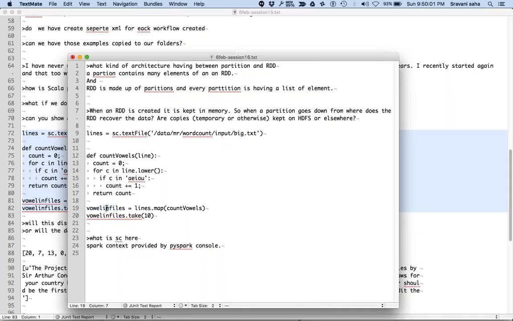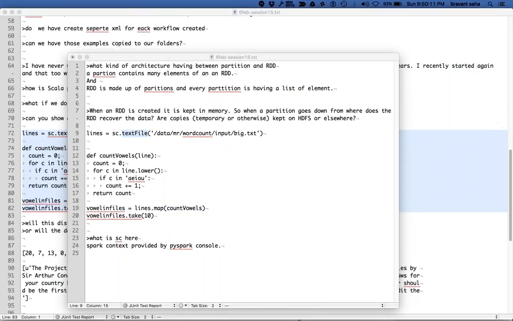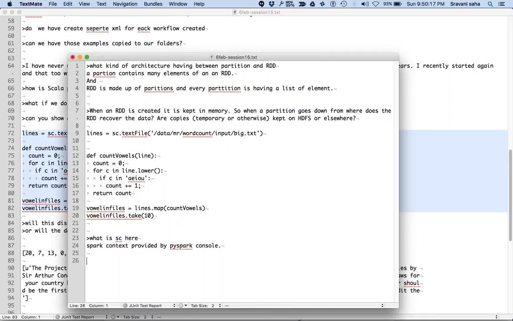So that particular section of the data will be created again by running the map after loading this text file. Sukhvinder's question is, that means every transformation is an RDD. I would say it this way: every transformation leads to an RDD.